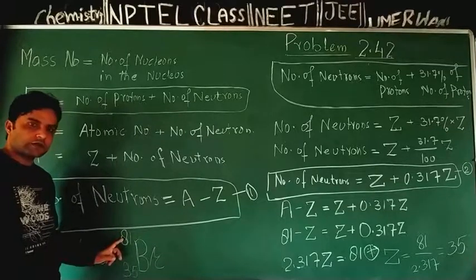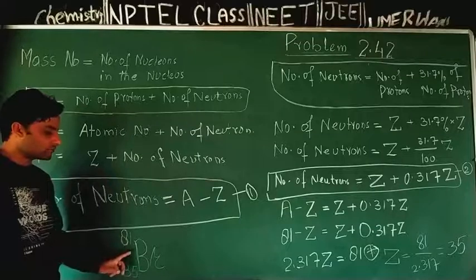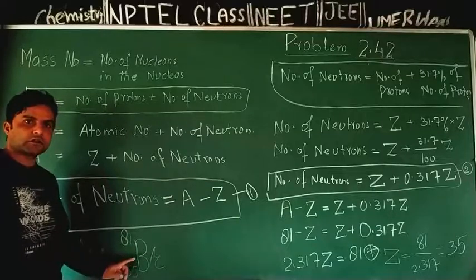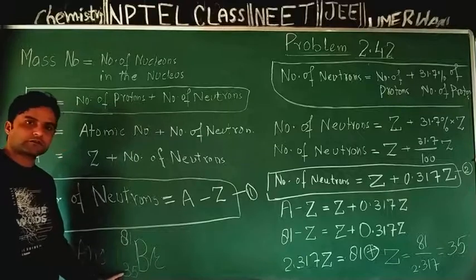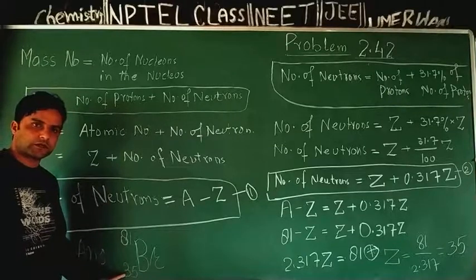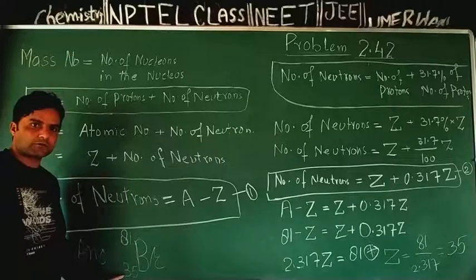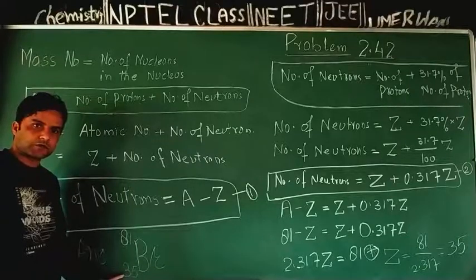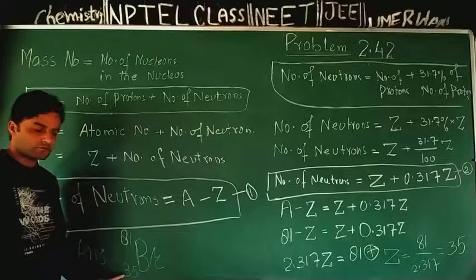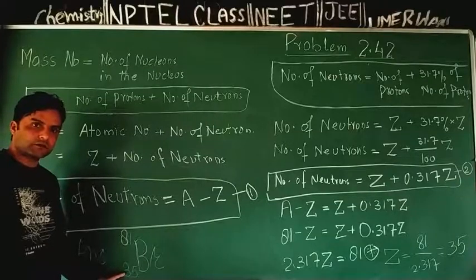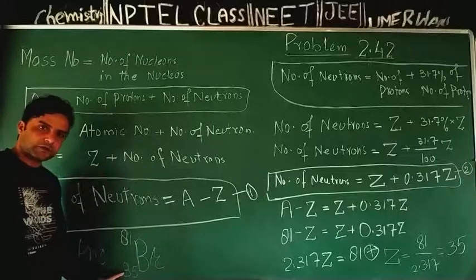So in order to identify the element, I needed to determine its atomic number, which is fundamental characteristic or fingerprint of element, because on basis of atomic number we recognize element. In the periodic table there is only one element which has atomic number 35,